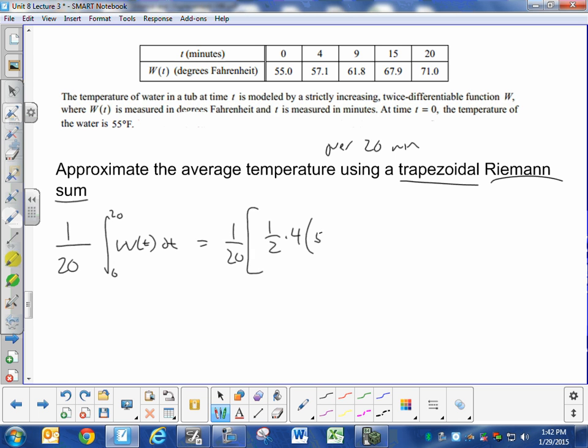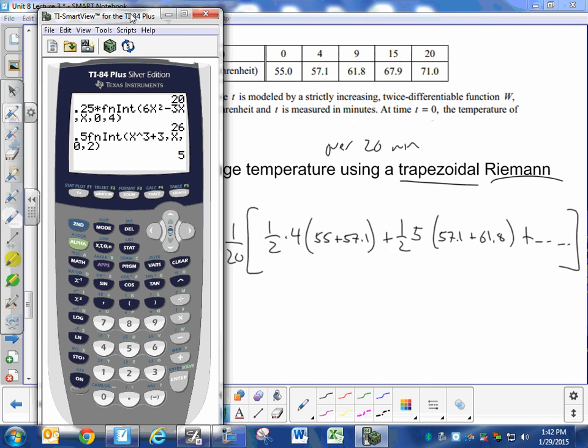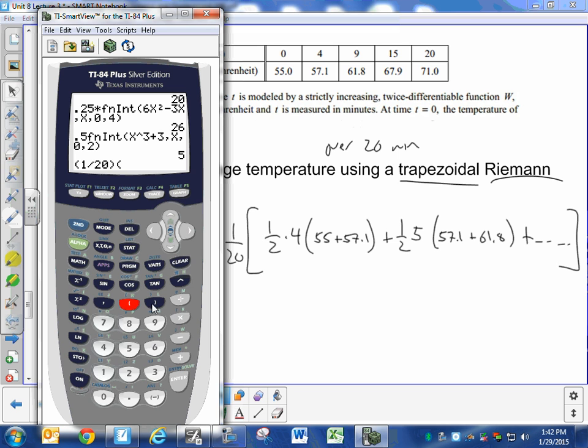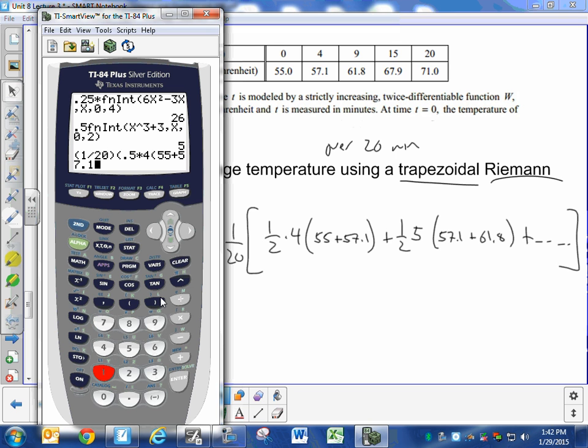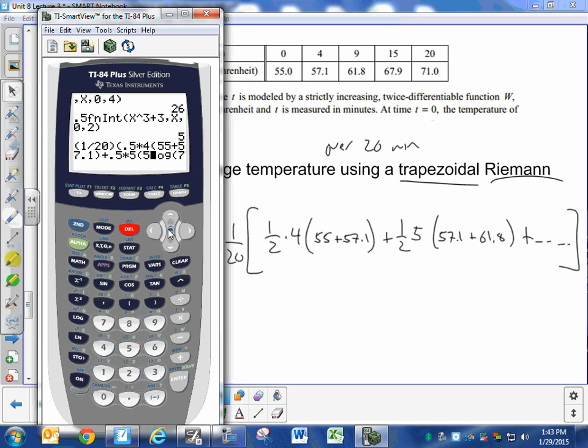So 1/2, 4, times 55 plus 57.1. The next one, 1/2, between 4 and 9 the width is 5, times 57.1 plus 61.8. Okay, and you would keep going. Let's just do that in the calculator. Try to go as quick as possible. So 1/20 times the quantity, 0.5 times 4 times 55 plus 57.1, plus 0.5 times 5 times 57.1 plus 61.8